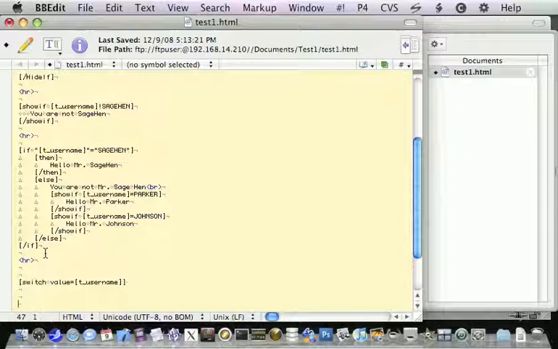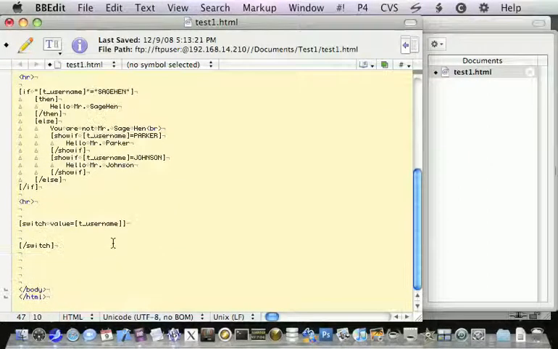And here, this is a good way, I use this a lot, to present content based on some value that's being passed. And a lot of the programming languages have switch statements. So switch